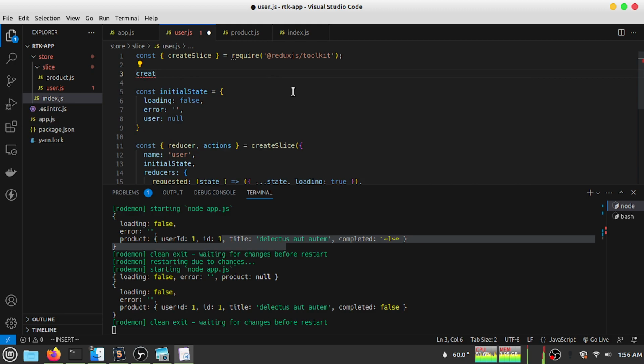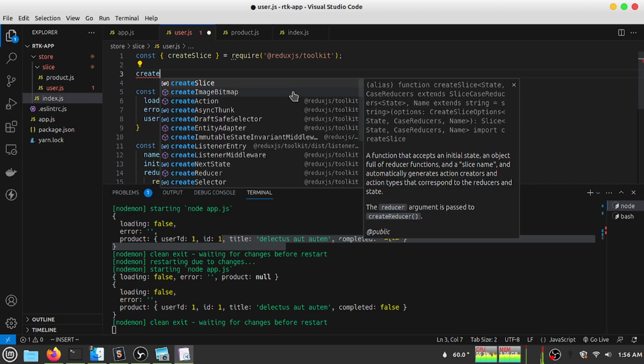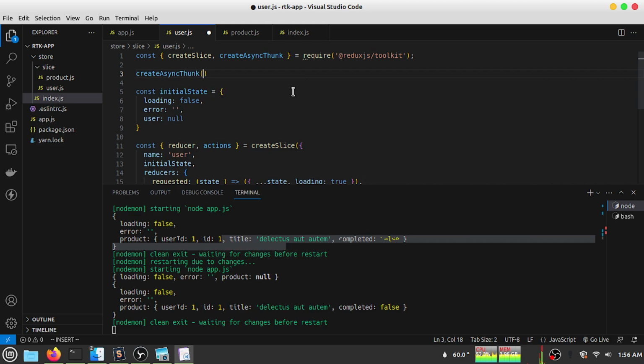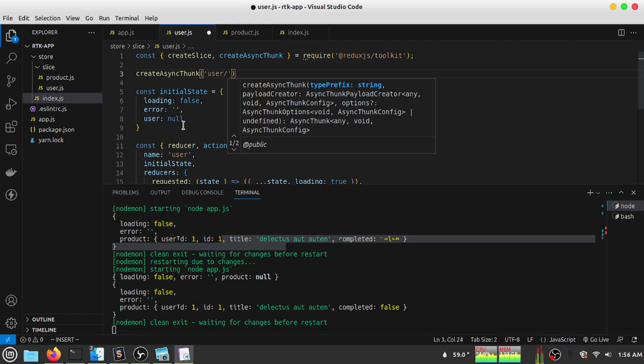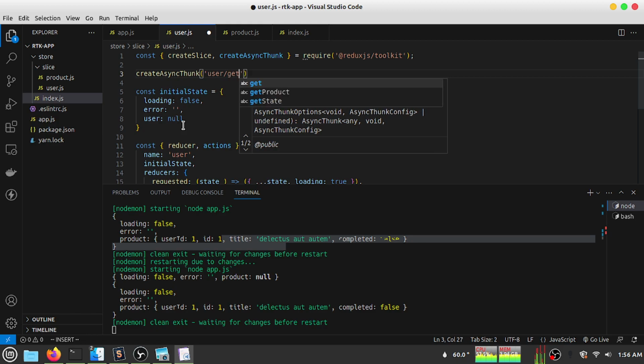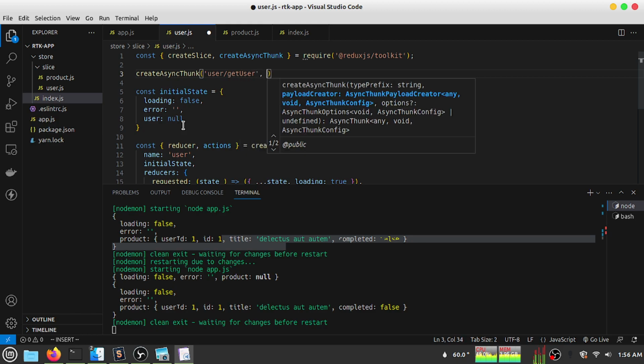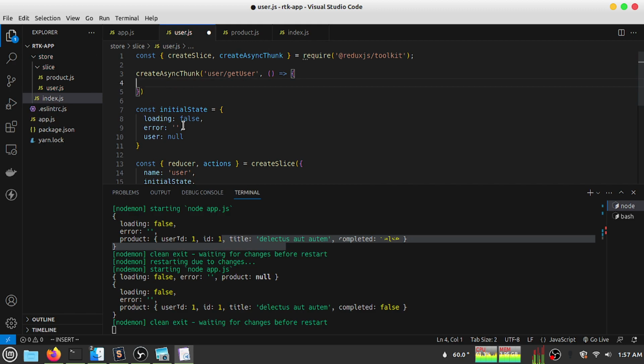At first we need an argument, and the first argument will be the same name as the slice name, so it will be user. Then I can type any name like get user, and then it will be a function, and